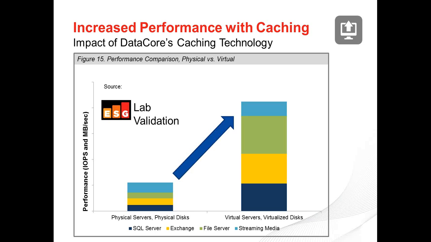And to his surprise, the customer was shocked when he found out that he didn't even need the flash, because the DataCore caching algorithm was able to get him the performance he needed on his existing hardware. Now, I suppose you never think that a simple thing like caching will solve tier 1 application performance issues, but that's the beauty of our technology. It really supercharges your existing storage infrastructure.